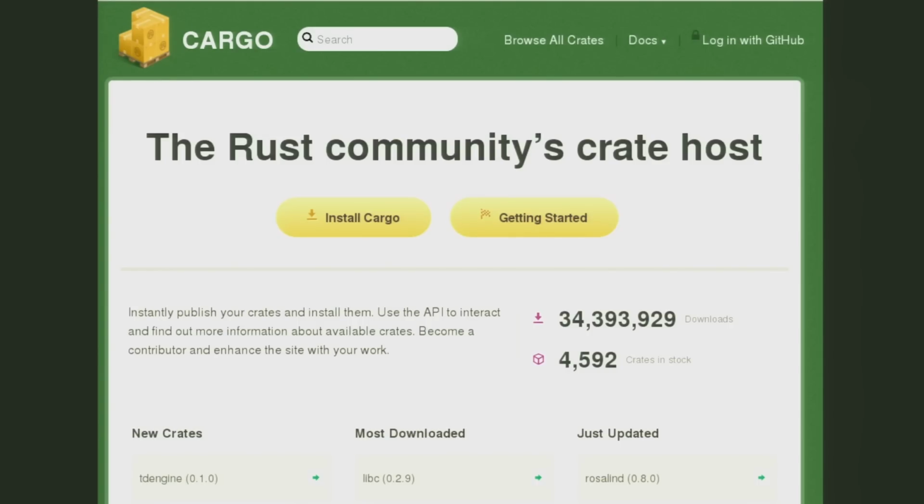That doesn't work. But the important part is that by reducing the friction of writing open source code and sharing it with other people, it happens a lot more often. I'm going to talk in a minute about why this 34 million downloads number is a little questionable. But it is a lot. It is actually that many downloads, but part of that is due to bots. But the important part is we already have 4,600 crates in stock. I took this screenshot a couple hours ago, so this should be roughly accurate. There probably are 3 more or something by now.